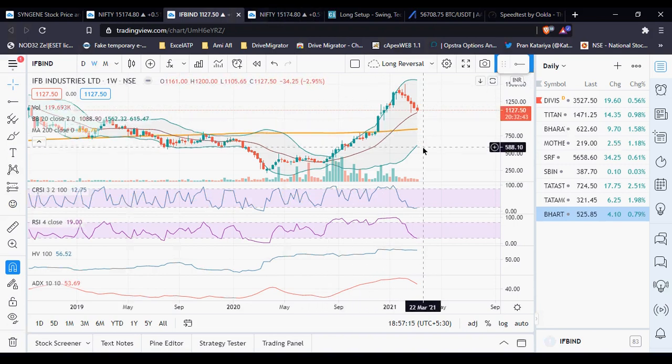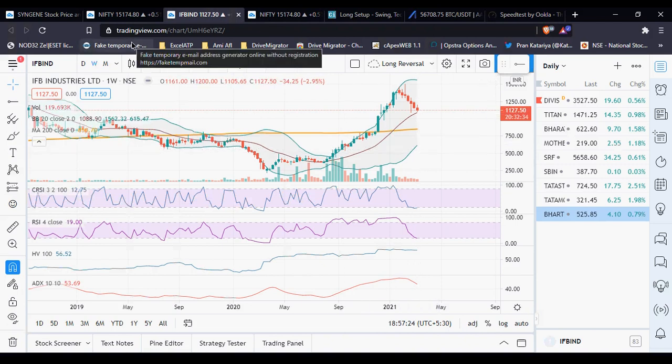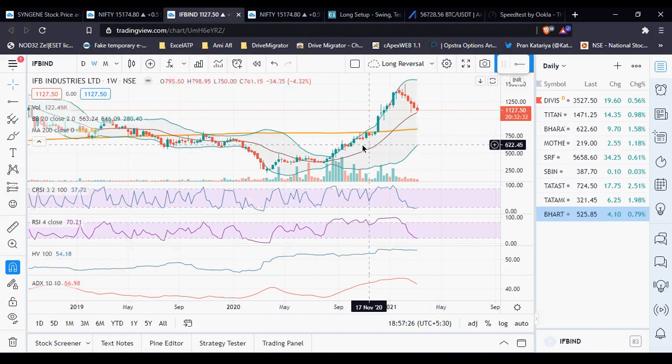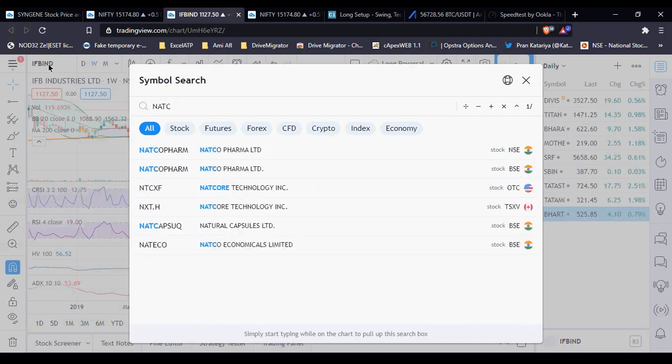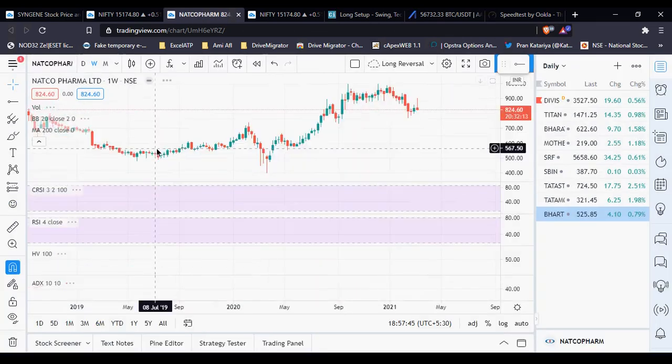Do you remember any trades you have done recently? Yeah, a recent trade I had taken was Natco Pharma, but the only problem was I did not have all these indicators like historical volatility and ADX, and the 200 moving average, which I recently found by reading the books of Larry Connors. Because in this trade I was stuck and I was scared whether I should exit or not.